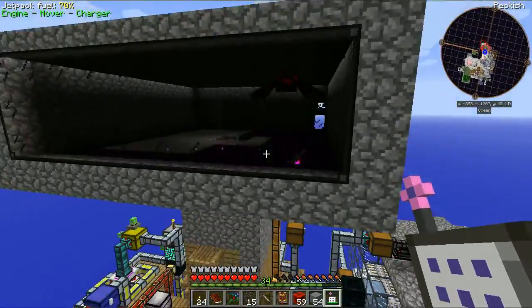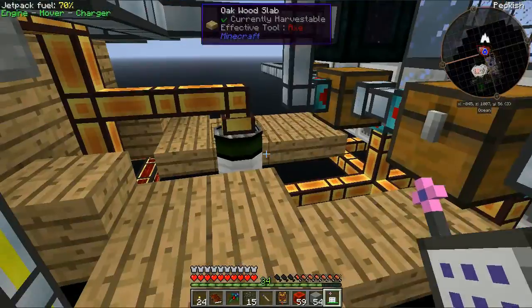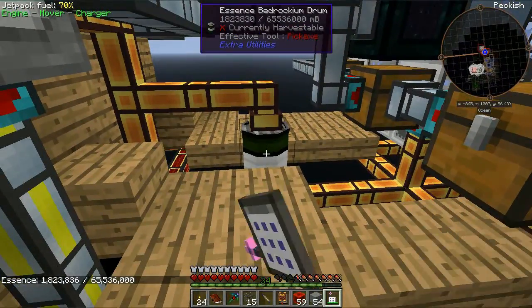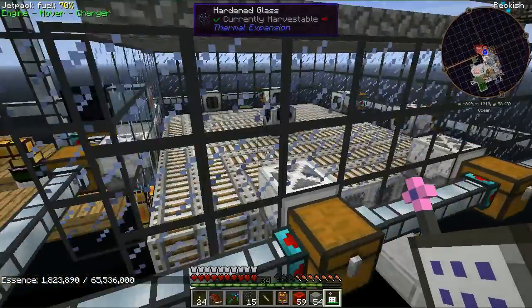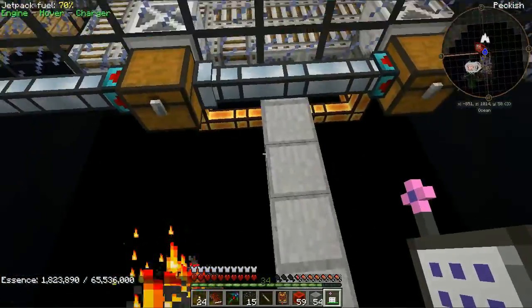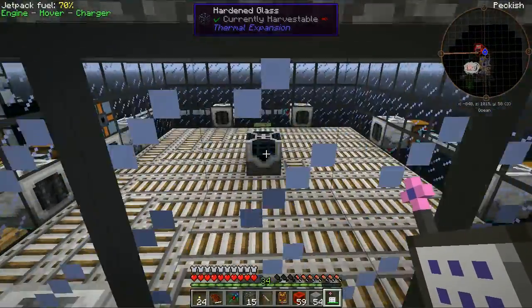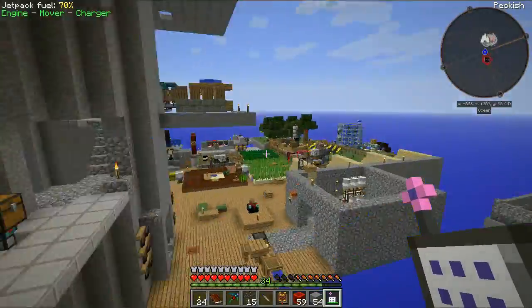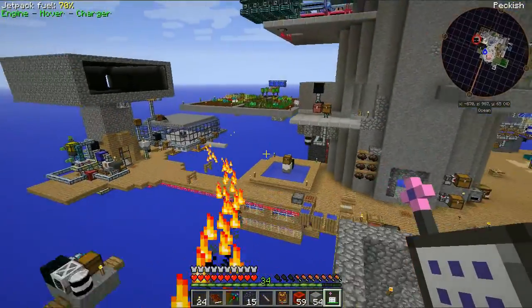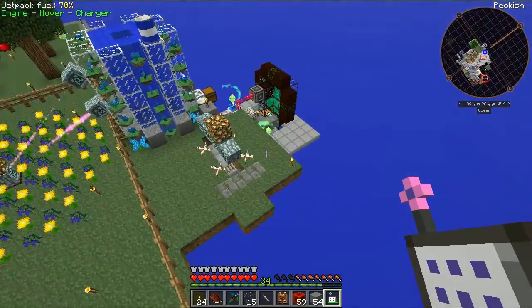I just needed a more consistent way to get the essence, so I'm allowing this to build up again. I had run it down to 0 with all the slimes and stuff. At this point, I'm just trying to find a good way to get those Eldritch Guardians, and then I can progress with Thaumcraft. So over here,